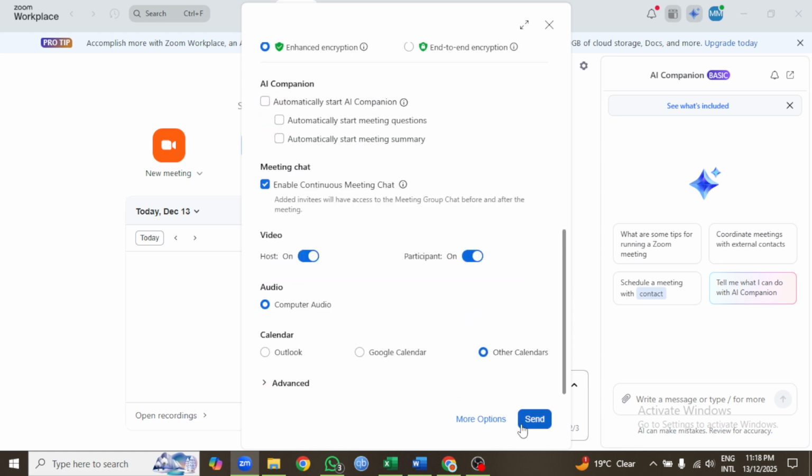Now let's get the email invitation. Right after saving, Zoom typically presents you with options to generate an invitation and, in many cases, opens a pre-formatted